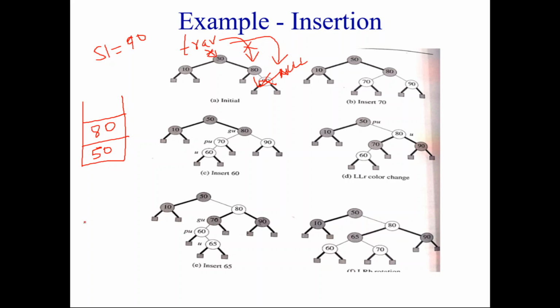Now if you pop, you will get the parent of the new node. So you say p is equal to pop. If you pop, what node will you get? You will get a pointer to node 80. When you pop, you will get a pointer to node 80. All of these are pointers. 80 is a pointer to node 80.